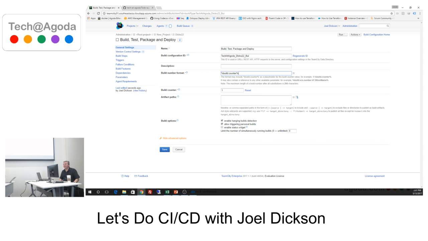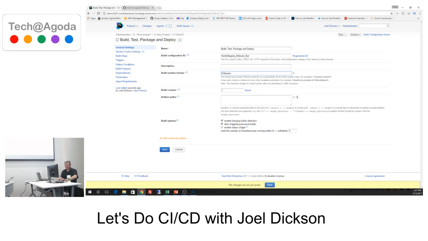It'll give you a nice little number that just increments for every build that you run, which is cool. But the problem with this is if you're using semantic versioning, it means that your packages will be jumping a major version number for each build, which may be bad, especially if you're doing things like generating NuGet packages. So the first thing I usually do is come in here and remove that and replace it with